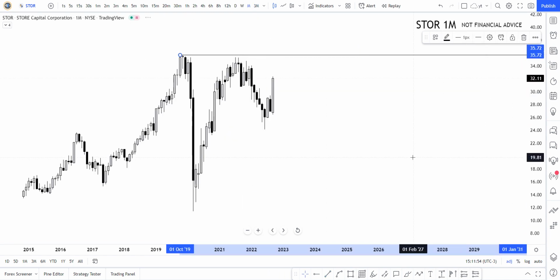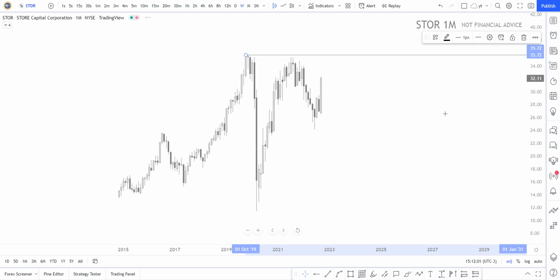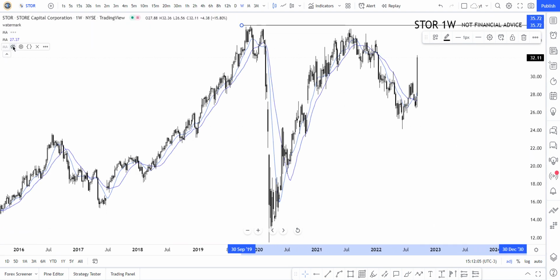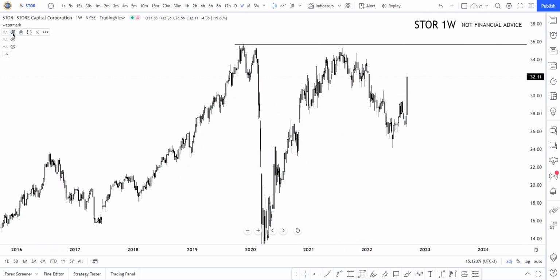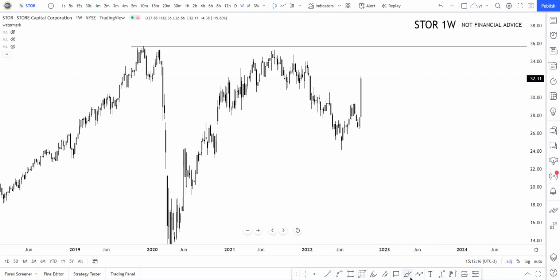these highs at 35.72. Let's come to the weekly, to the monthly actually. Monthly, pretty much the same thing. We are coming from these highs there, but again, we're just tapping into supply area. I would love to use the moving averages in this situation. We're above them on the weekly, so that's cool. We have three moving averages that are below the price action at this point on the